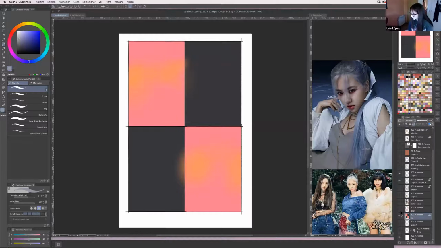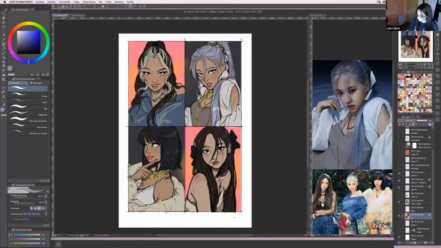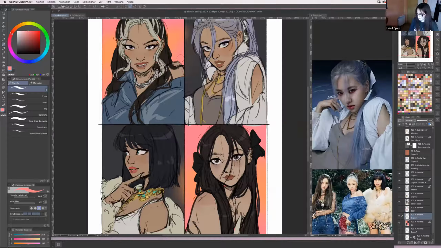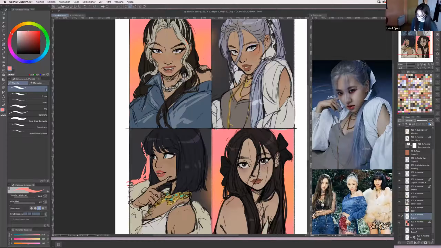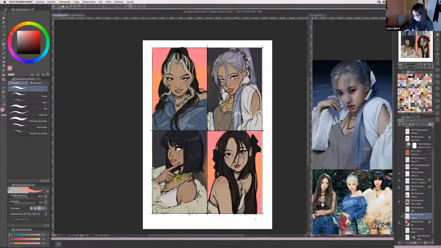What I did was create another layer on top of the background. I picked the pink color, and for these two, I used this texture of brush strokes that made the character highlight. It kind of looks like a sticker, but with a pink background. I really like how it looked. I know I did it real quickly and it looks a little bit weird, but let me show you how. All right, and that looks better. Oh wait, let me show you how I did that as well. Okay, so that's the one that I did right now.